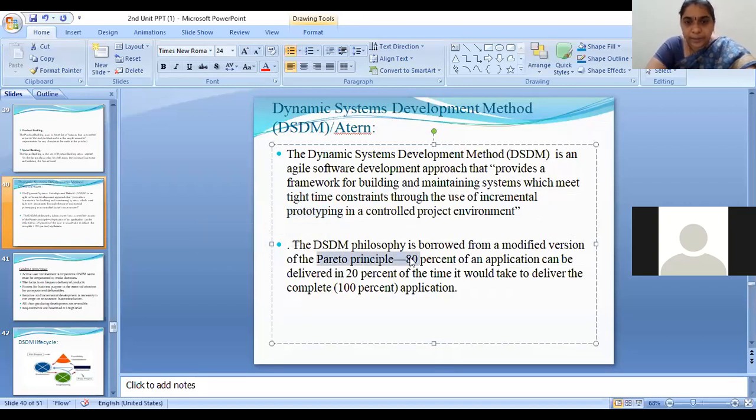What this Pareto principle tells us is that 80% of an application can be delivered in 20% of the time it would take to deliver the complete 100% application. Among the time given to you, 80% of the application can be delivered within 20% of the time. That is what we are saying.